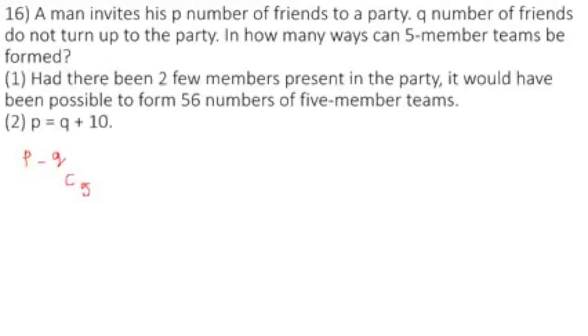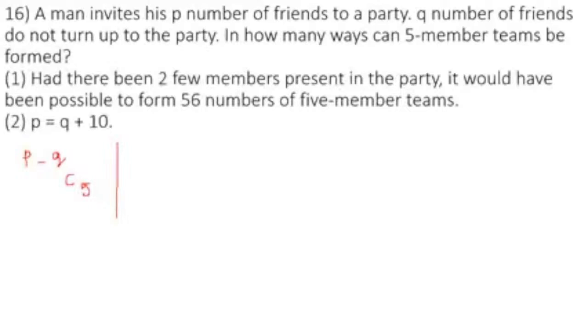So what is the other thing here? Other than that, what is the next thing given here? We have two statements given here. What is statement 1 talking about? If there had been too few members, less present in the party,